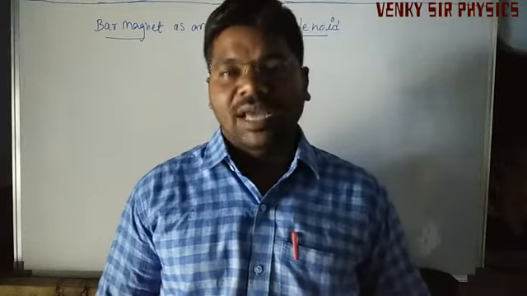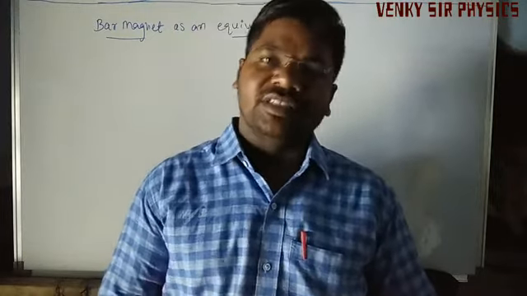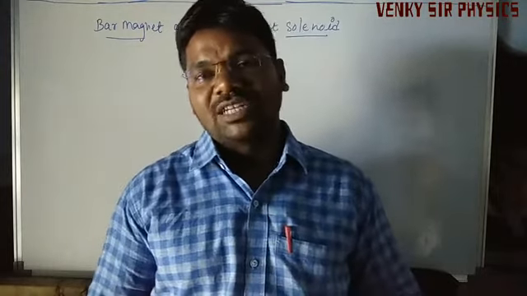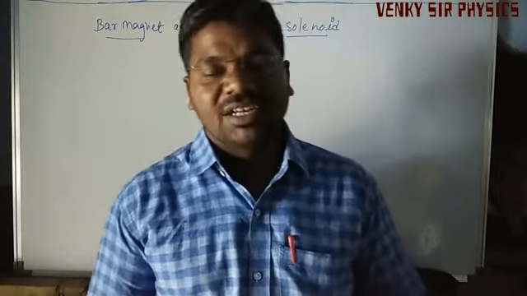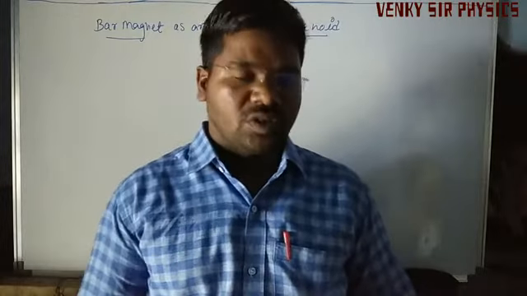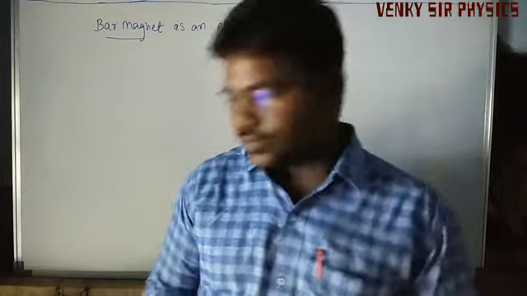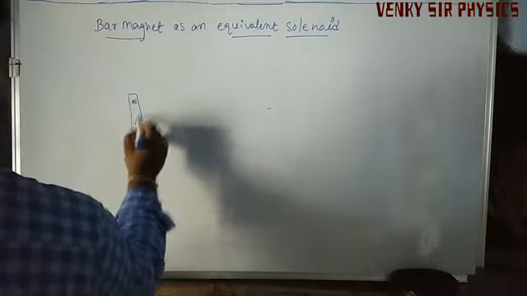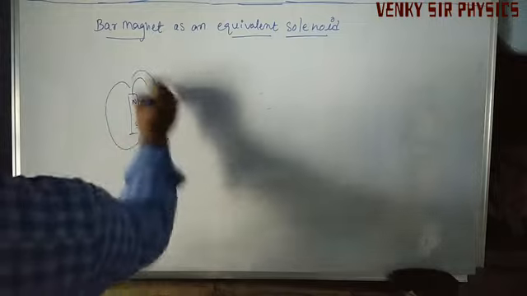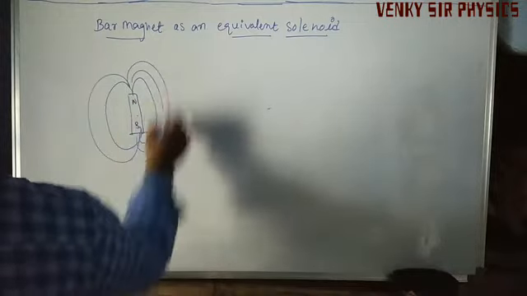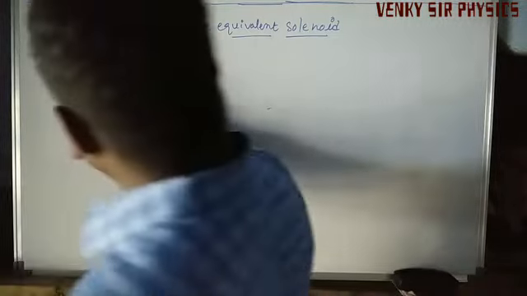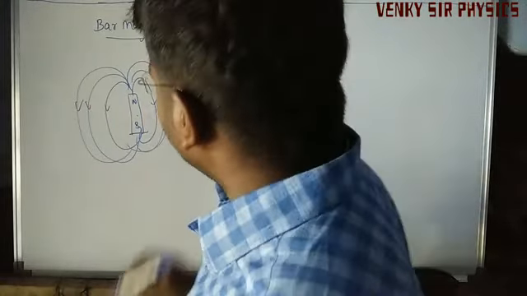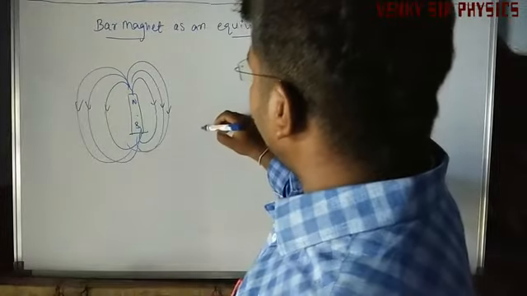We know that a bar magnet has a particular shape. The field produced by a bar magnet, with its north and south poles, has field lines. Coming to the solenoid also, we know that. So this is a bar magnet with north and south poles, and field lines always pass from north to south. Understand? So, what is a solenoid?